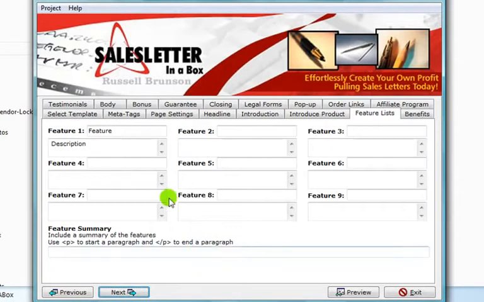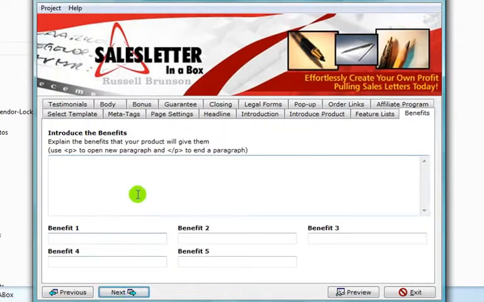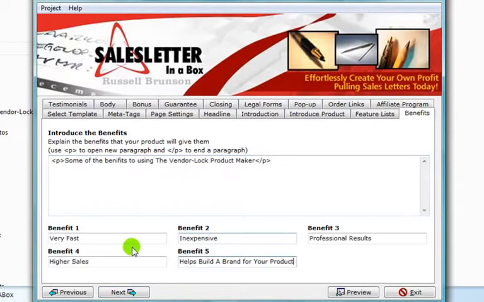it's going to give you a page called featured list, and this is where it's going to put bullets into your page for you. So just go ahead and fill in these. You don't have to fill them all in, just as many as you'd like. Okay, now once you've filled in some feature bullets about your product, you're going to go ahead and hit the next button again, and it will take you to a page called benefits, and you just go ahead and fill that in really quickly. Okay, now once you've filled in a couple of the benefits here, you're going to hit